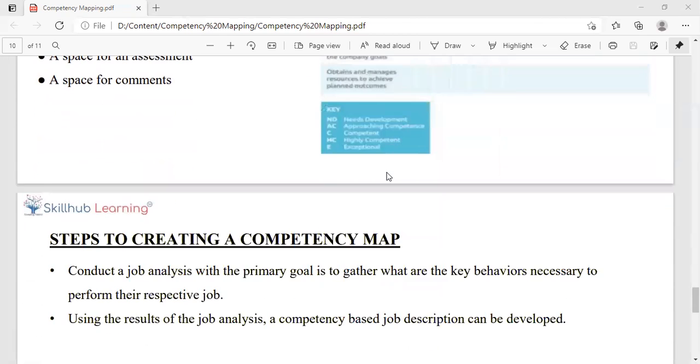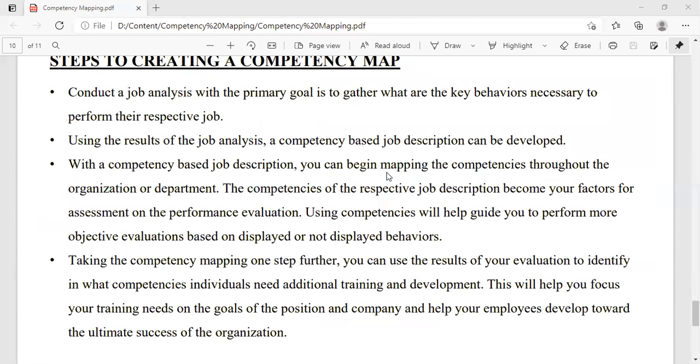We'll move ahead. How do we create it? So again, as we said, we conduct a job analysis where the primary goal is to gather what are the key behaviors necessary to perform the job. What are those key behavioral parameters? Then, using the key results of job analysis, a competency based job description can be developed.